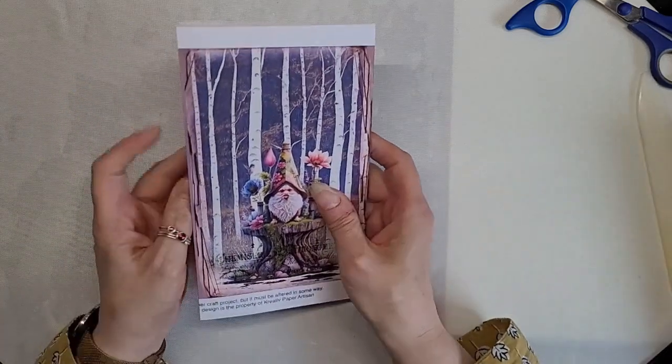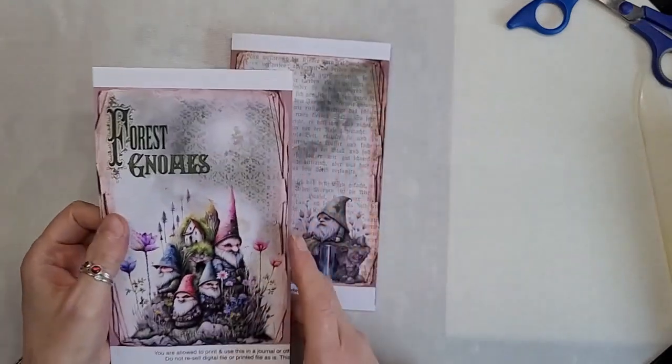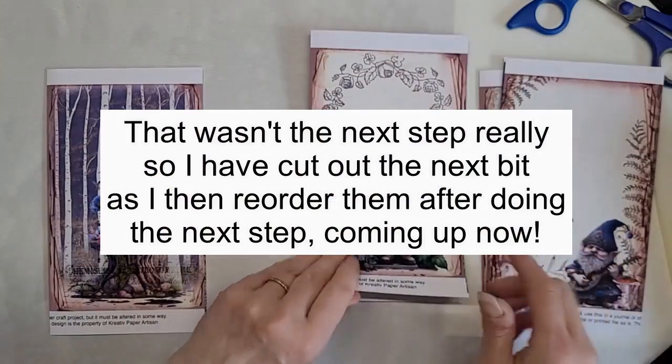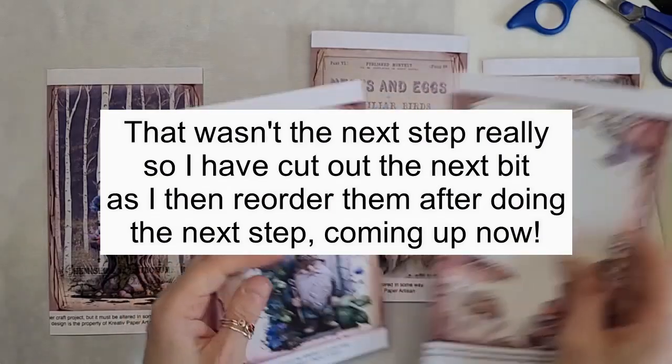Okay, so I've folded all my pages. I now need to decide what order I'm going to put them in. As I said, I want this as my cover, so this is page 2. So which one do I want as page 3? I'm going to separate them into my gnome characters